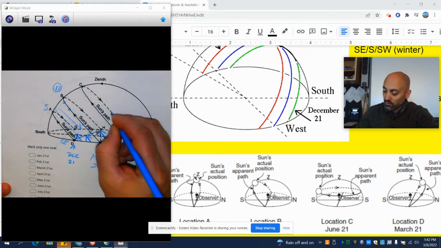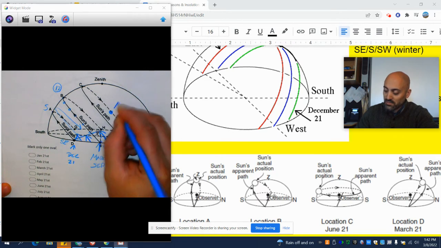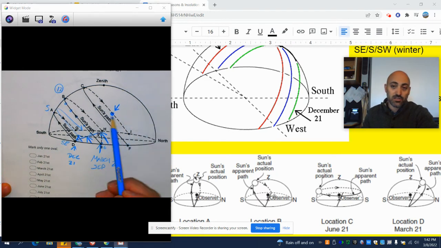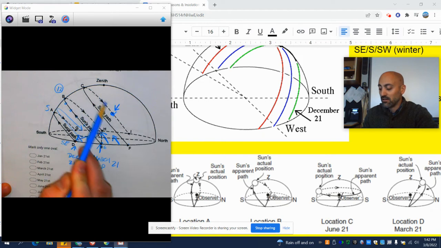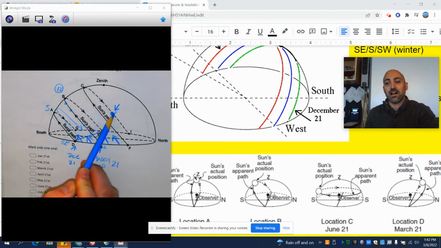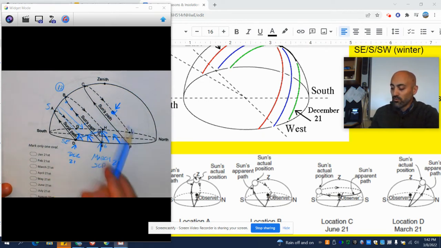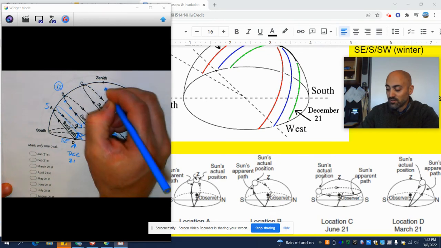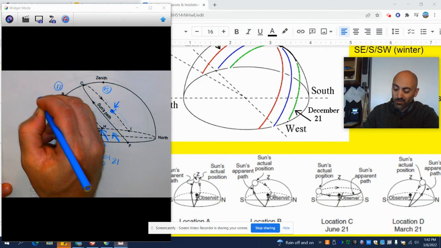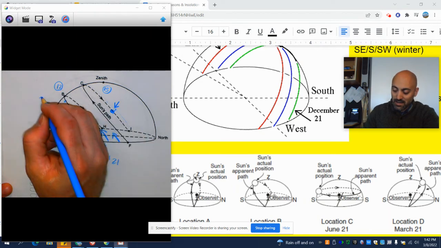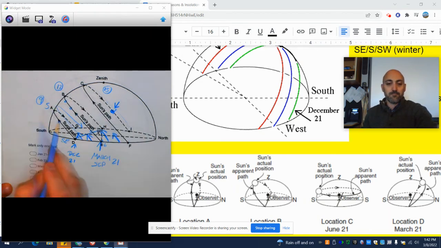Okay, and if there was a little mark, say right here, what time of day would that be? I'm not 100% sure, but I know that if this is noon, my best guess would be something like 1 o'clock, 2 o'clock, 3 o'clock, 4 o'clock, 5 o'clock at night. Okay, and there's more than 12 hours of daylight. In the summer, that path is a lot longer. So this would be like, for Rome, it's somewhere around 15 or more than 12. And for Rome in the winter, it's somewhere around like 8.5 or 9 hours of daylight.